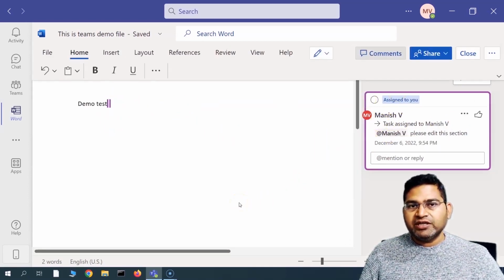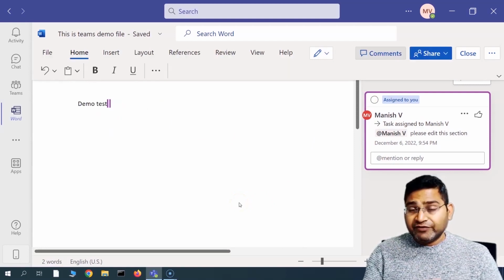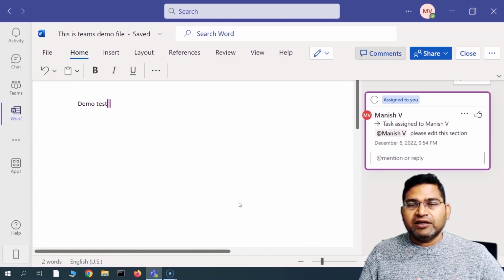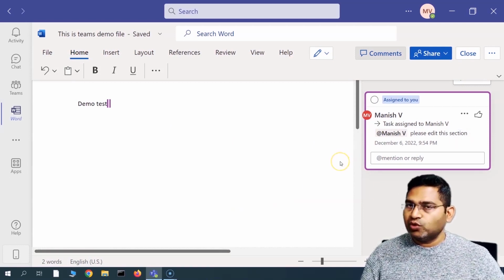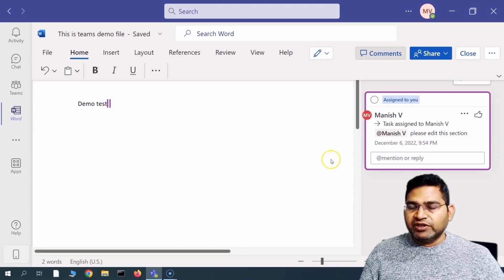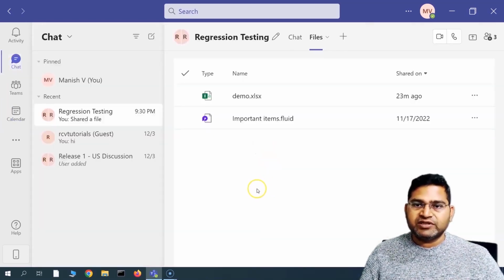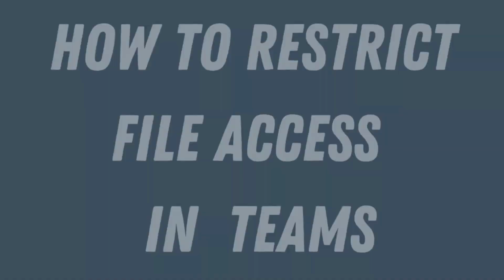So this is a very good and very efficient feature, I would say, to share the file, work collaboratively, and everyone is on the same page when you are working remotely. This is a very good feature available within Teams, and if you use it properly, you'll be really efficient within your team. Okay,